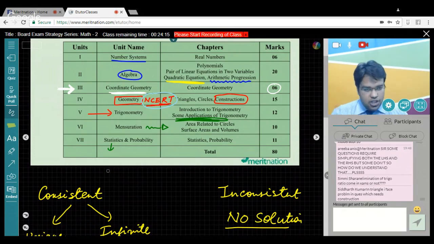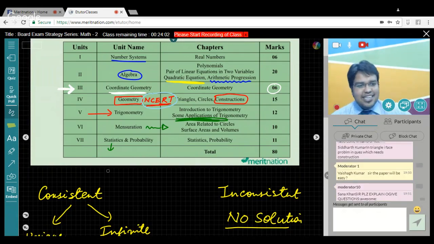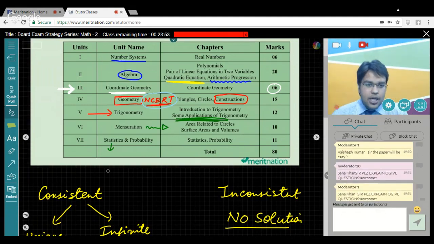For that, Siddharth, I will just give you a pointer: please understand, try to relate the question to the theorem that you have studied, right? Please understand that the question is not from a random world. It's not from Jupiter. It is from your syllabus. It is from your NCERT. So once you see the question, go back to the theorem. Try to relate it to one of the theorems that you can, right? And automatically it will click that either we have to draw a parallel line or we have to draw a chord, and then you will proceed.